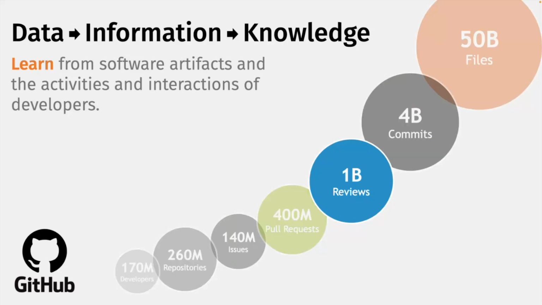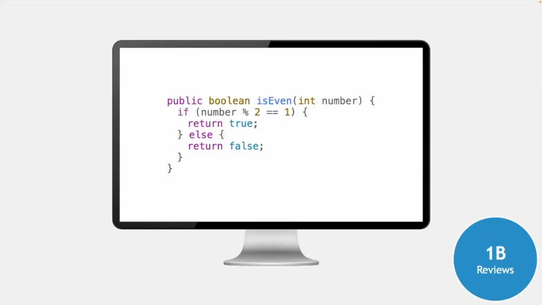Concrete example, we focused quite a lot on code reviews, okay? And the idea is, you have a lot of code review on GitHub. So you have the code, you have comments written by humans that identify mistakes, quality issues. And the intuition was we could provide to a deep learning model these data, code, comments, and we can teach a deep learning model how to automatically review code, so how to automatically comment on a piece of code.